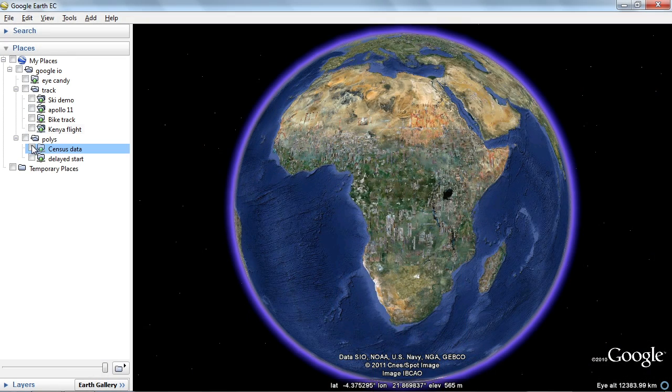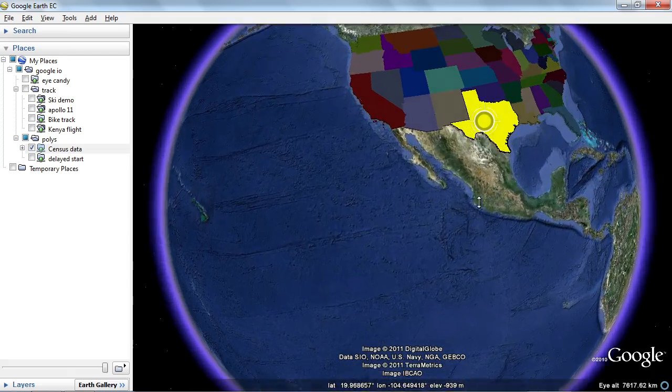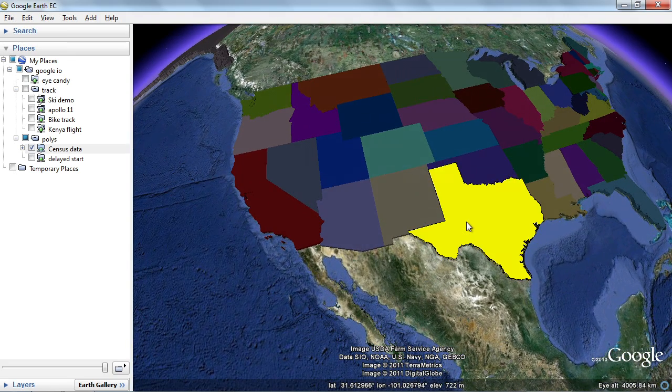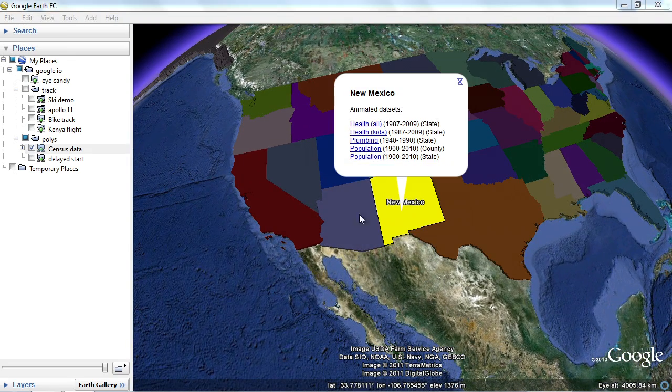So here's Google Earth. I'm going to load the KML that I made. It's enormous. It's about 40 megabytes uncompressed because there's so much data. This is pretty simple. Mouse over, you can see